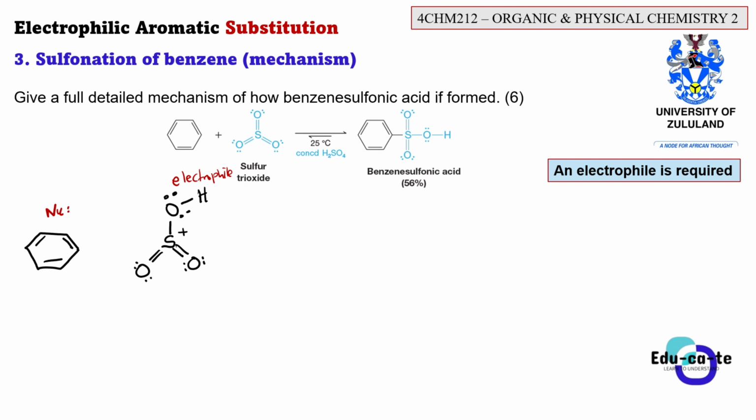Let's just say it uses the one from this bond to create a bond with this sulfur, because this sulfur is electron poor. We say this sulfur is electron poor because it has a positive formal charge, and all these oxygens are pulling electrons away from it. So the moment this benzene, which is nucleophilic, reaches the sulfur, it will break down one of its double bonds in the pi system, and using the electrons of this bond, it will create another bond with the sulfur. And how will that look? It will look something like this. So this is also reversible.